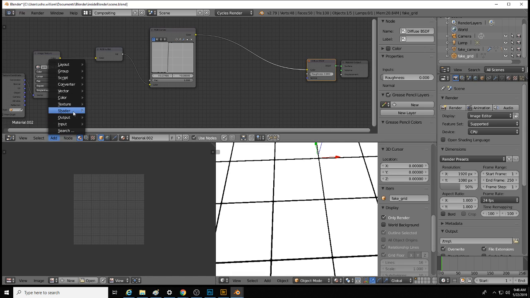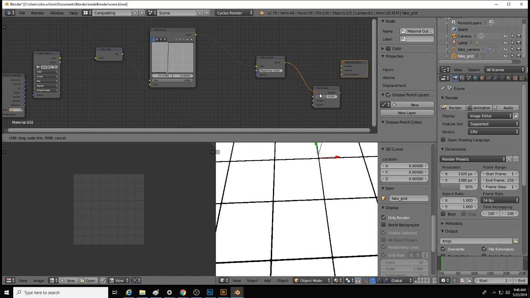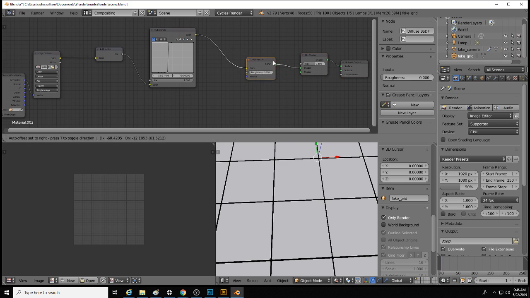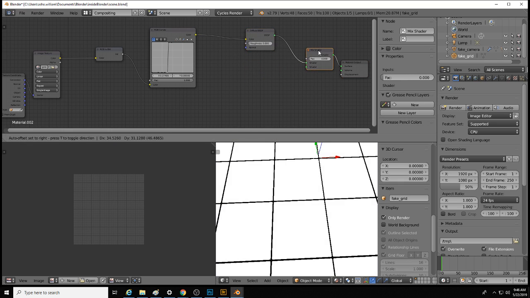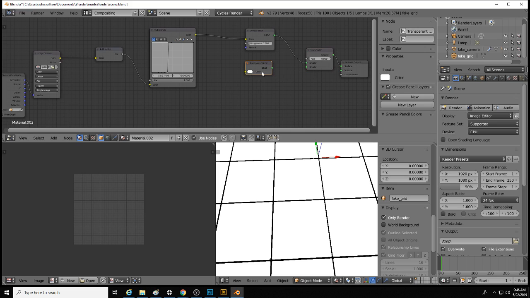So I'm going to add a shader mix node. And if I hook this up to there, okay, and then just turn this all the way to there, you notice nothing really changes, and that's fine. I'm going to add a shader transparent, and you keep this white. You don't want it to be colored anything, and you plug that in there. And now what I should be able to do is plug this into there, and then color into there,